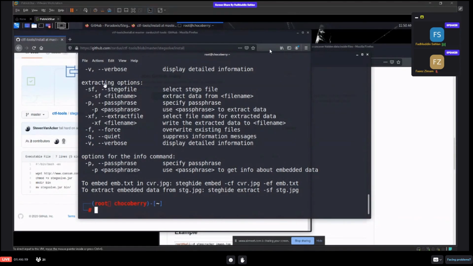You can access it using your browser to download it, or you can just use wget if you want. For me, I will just use my browser. It's easier. So once you have downloaded the file,